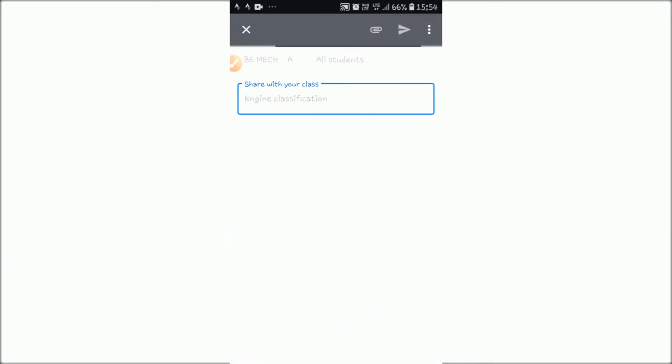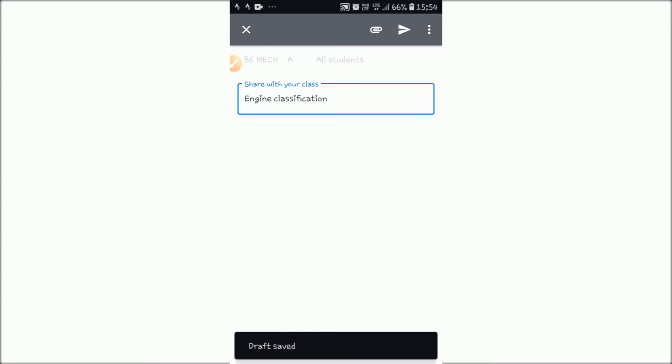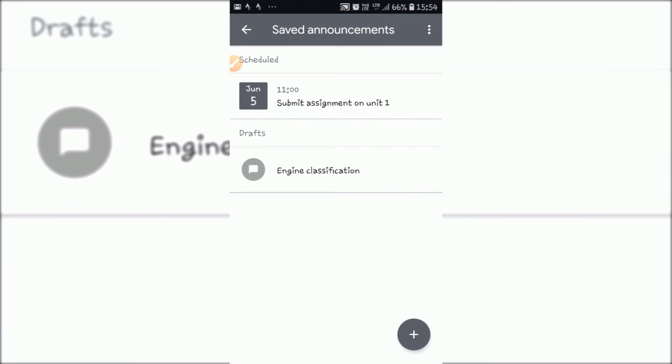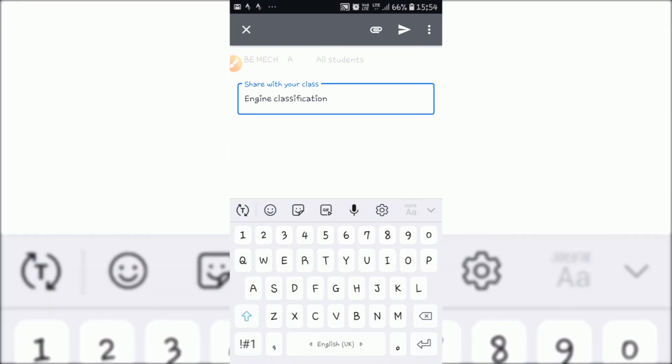Okay, our draft has been saved. You can see that on saved announcement here, if I click on the save announcement, I will see this draft here. Okay, if I want to change the content of engine classification, I will tap here and I will